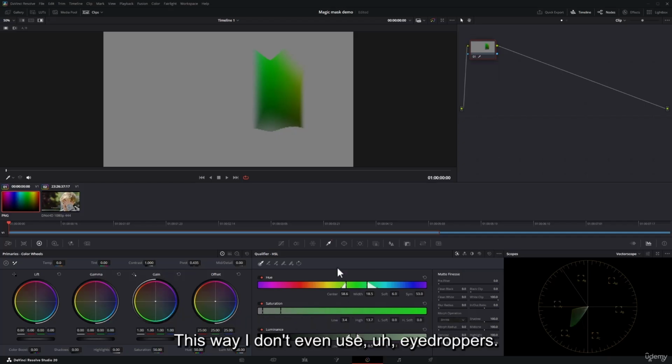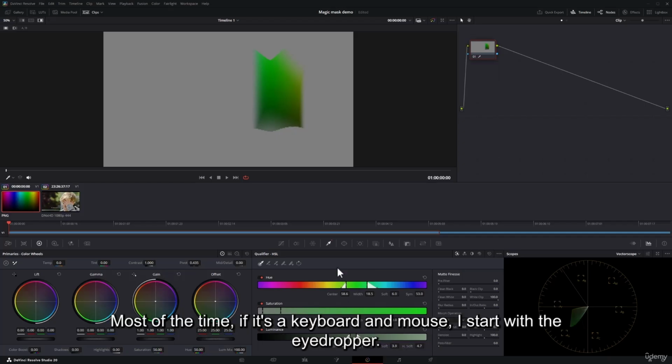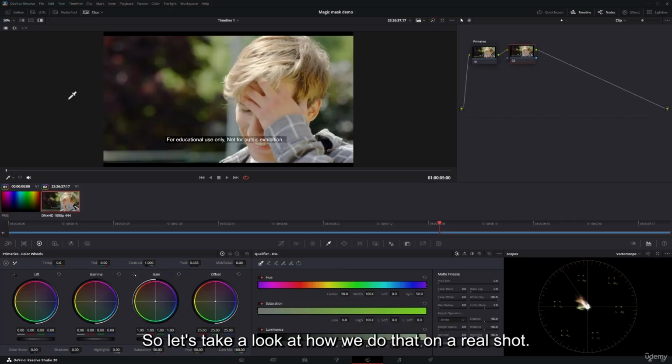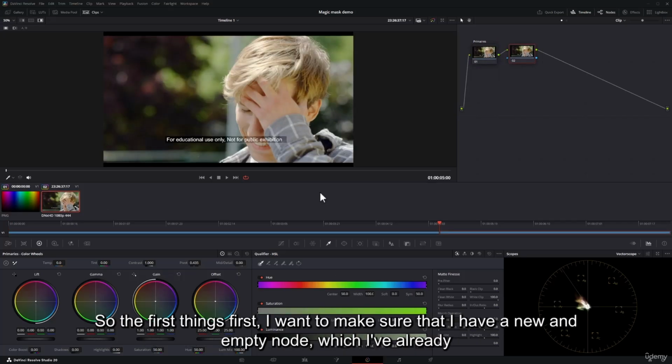I don't even use eyedroppers most of the time. If it's a keyboard and mouse, I start with the eyedropper. So let's take a look at how we do that on a real shot. First things first, I want to make sure that I have a new and empty node, which I've